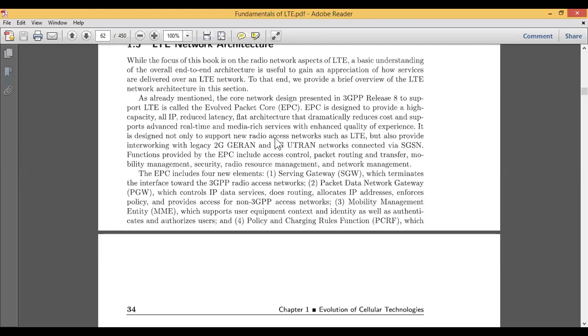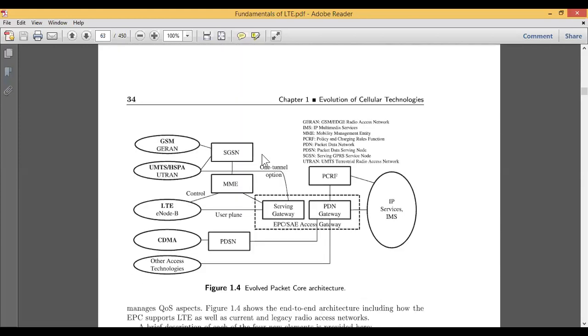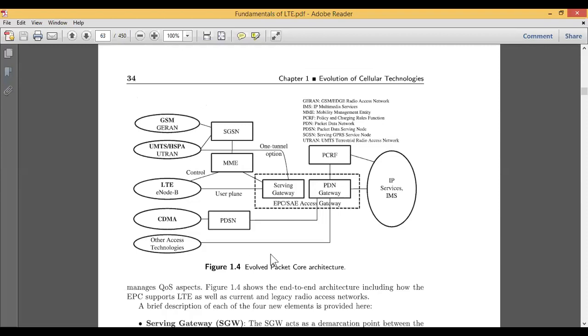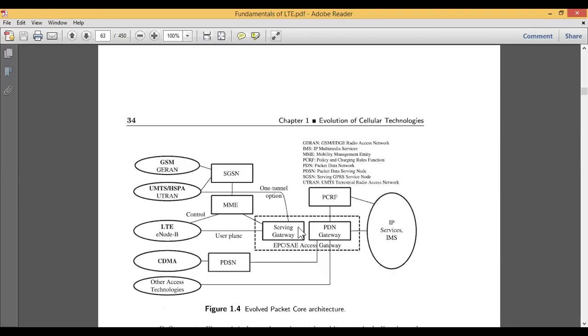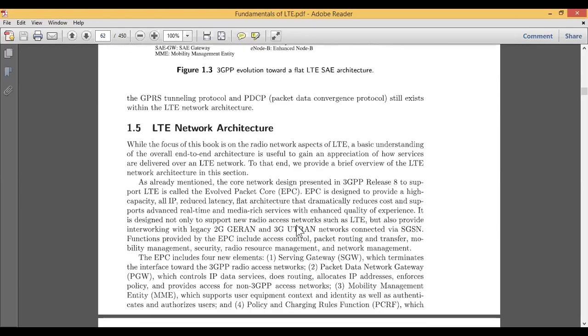In this particular core architecture, let me show you the first figure here. The name of the figure is written as evolved packet core architecture. It is not a flat architecture, it's a core architecture. In this core architecture we have multiple small block diagrams which are interconnected with each other, but the whole system is dependent on IP services, that is called IP data. Please remember, we are not focusing on circuit switching or message switching. We are only focusing on IP based packets, that is packet switching.